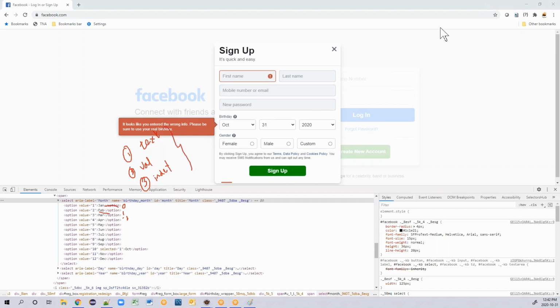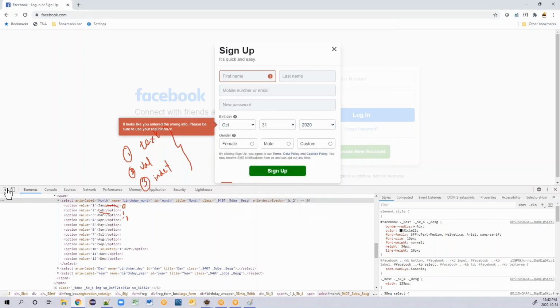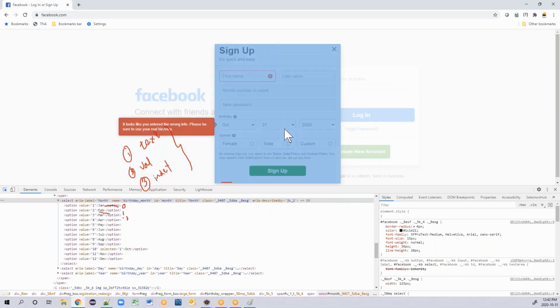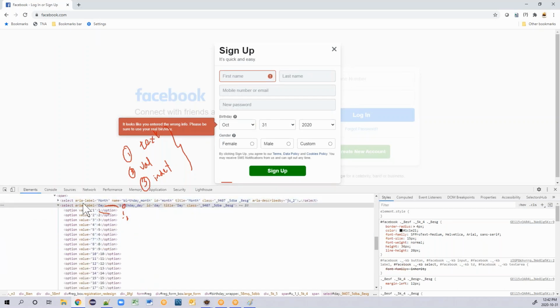Even if you take this drop down, you have all these things. Now I will inspect for this. When I inspect for this, this is the one. Now you have a value based on value. Suppose if you pass value as 3, it will go and select 3 there.